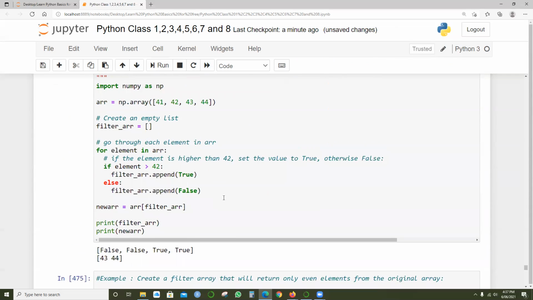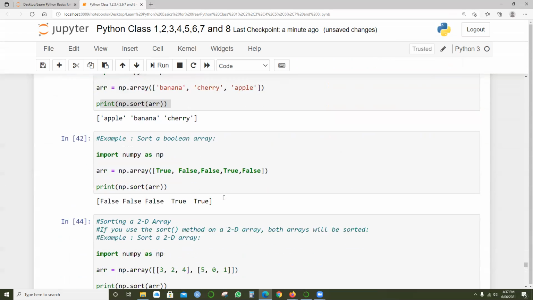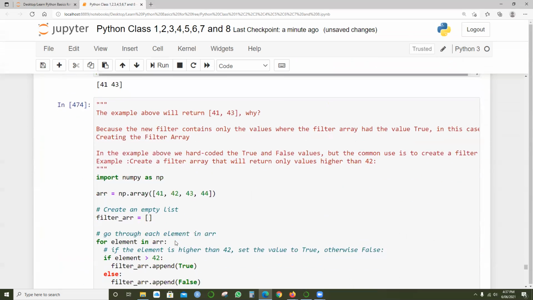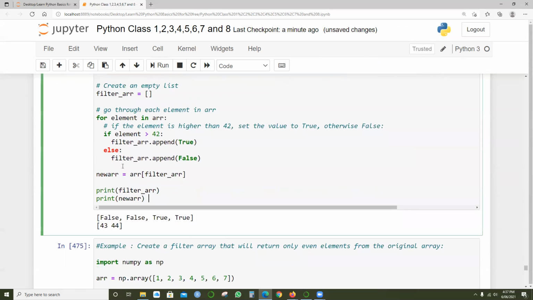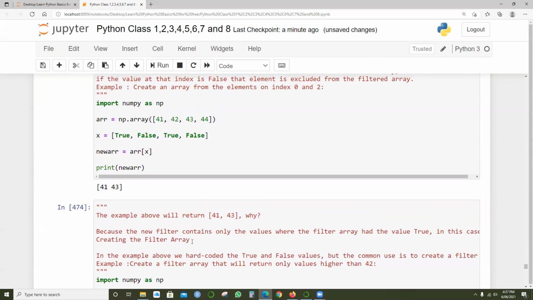We have sorted the 2D array. I will give one or two examples, and after this, I'll say week 9 is next week.